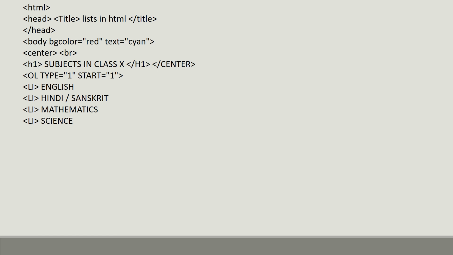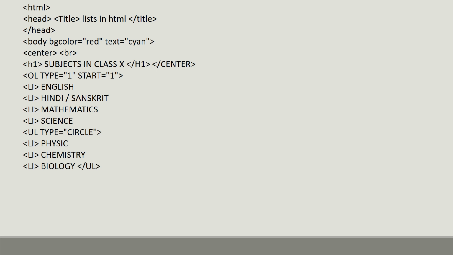Now after that, you have seen in the output there was an unordered list. So I am going to begin with the unordered list. But if you remember, I have told you the tag whose work is over, you need to close that tag immediately, otherwise the impact of that will remain. But here I am not closing this OL tag. Why? Because I know after 4 there will be 5 and then 6 also. So let it be here. I'll begin with unordered list type circle. And in that LI physics, then LI chemistry, then LI biology, and then I have closed this unordered list.